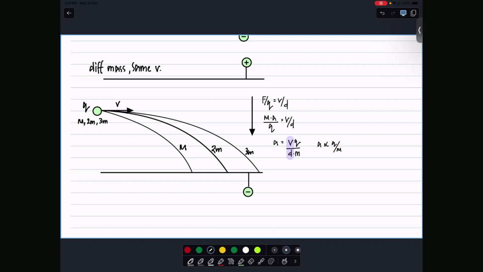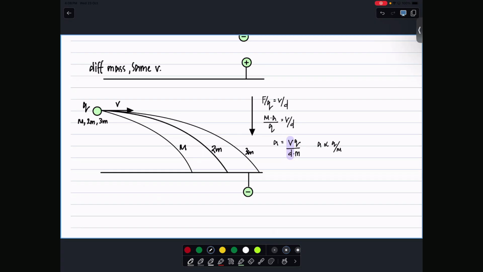Yeah, so unlike a gravitational field, in an electric field, mass change will cause what change? Acceleration change. But in a gravitational field, if you're a light object, heavy object, any object, what is the acceleration? 9.81, right? So because the mass causes an acceleration change, the path will also change. The one with the smaller mass will have a higher acceleration. Therefore, it'll go down very rapidly, so it'll hit the surface much earlier. The one that's very heavy will require more effort to go down, so it hits farther away.